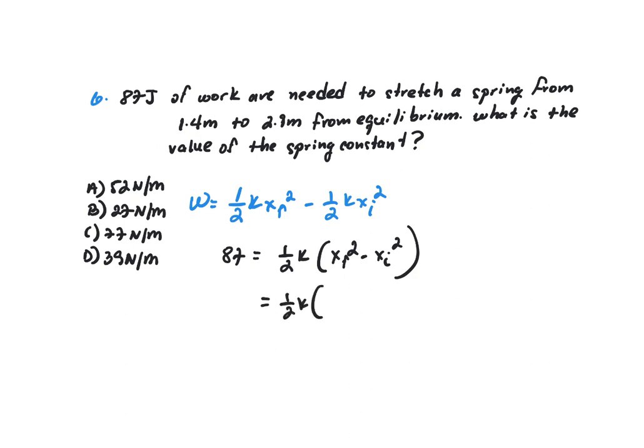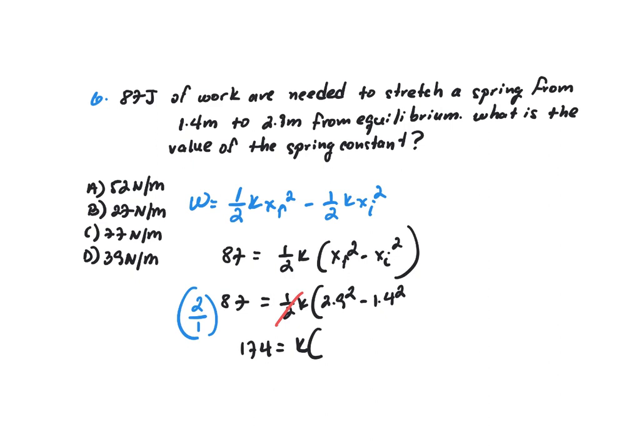Our final was 2.9 squared, minus our initial, 1.4 squared, equals 87. So let's take away this 1/2. By doing this, we just multiply by 2 on this side, canceling out the 1/2. So 87 times 2 is 174. 174 equals our k value times